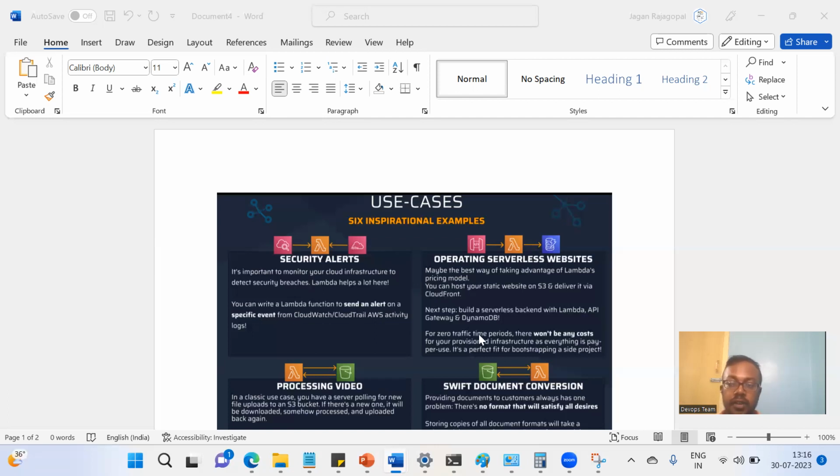Suppose you have a website that you want to host, and you don't want to do any kind of patching, security or licensing part. What you can do is host the application in AWS Lambda and configure the endpoints in AWS API Gateway. You can't access AWS Lambda directly. You have endpoints called AWS API endpoints, and from there you configure the Lambda. In this way you can host a website.